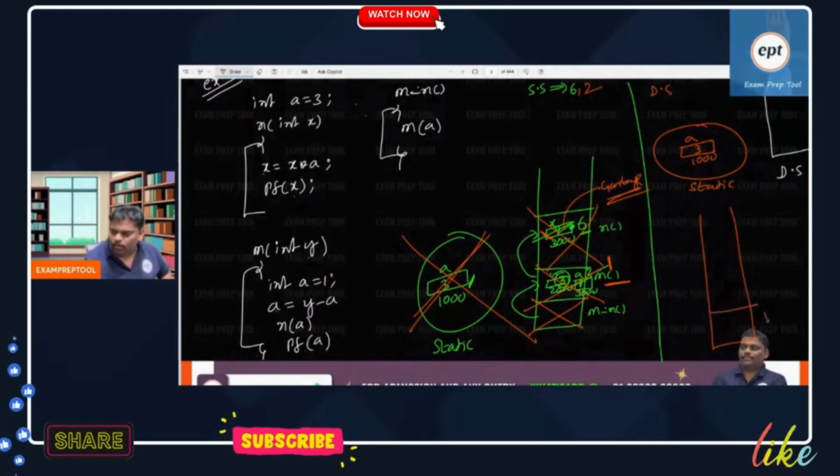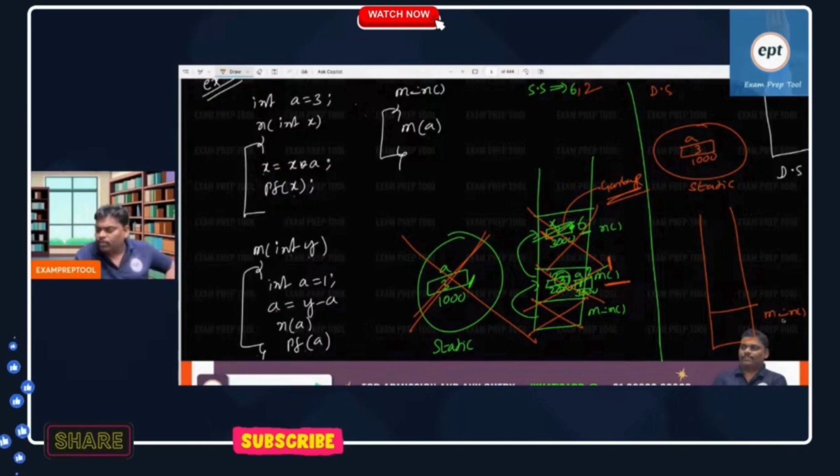Main is called. Everything is the same except a few places. Can you see in the main program? Everyone observe in the main program. First line, m of a, right? When you call a main function, it is pushed. In the main function's first line,